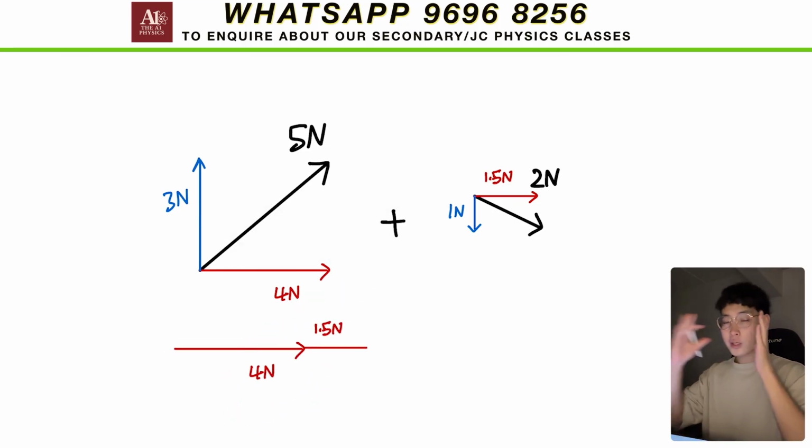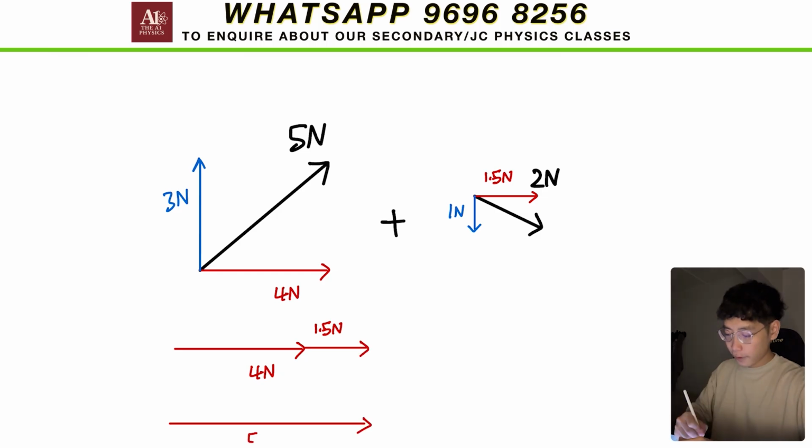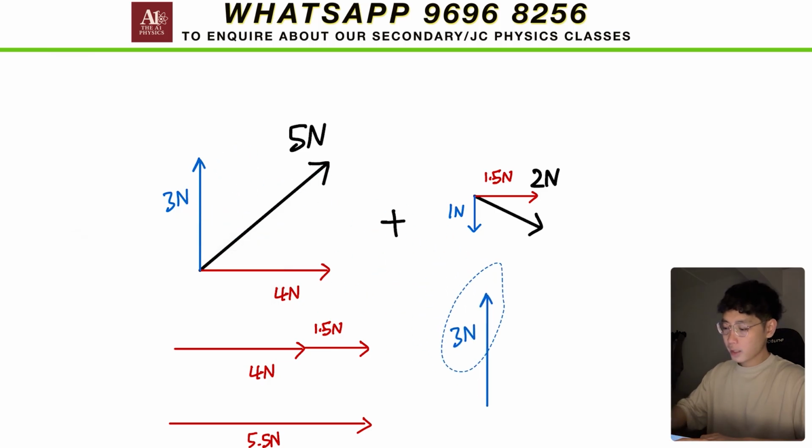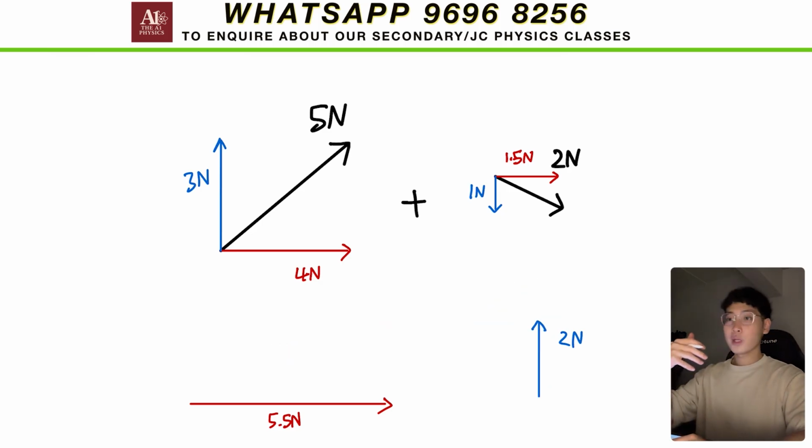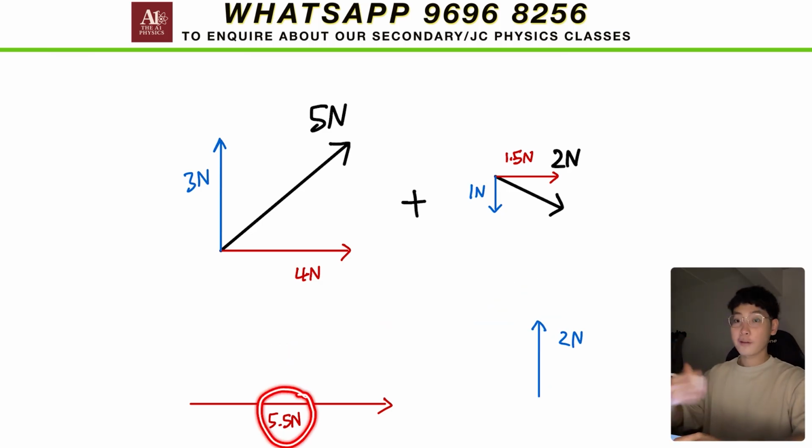So the horizontal components added together will give us 5.5 newtons to the right. Now we want to add the vertical components together. We have 3 newtons upwards and 1 newton downwards, right? So the total resultant of the vertical component is just 2 newtons upwards, since the 1 newton cancels out the 3 newton. So overall, we have a resultant of 5.5 newtons horizontally and a resultant of 2 newtons